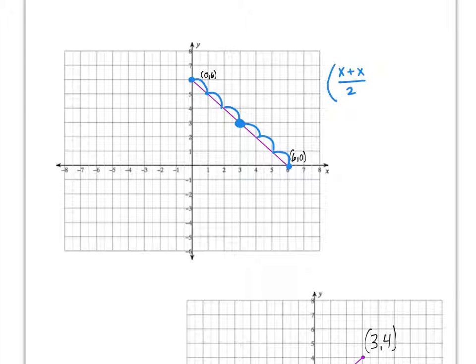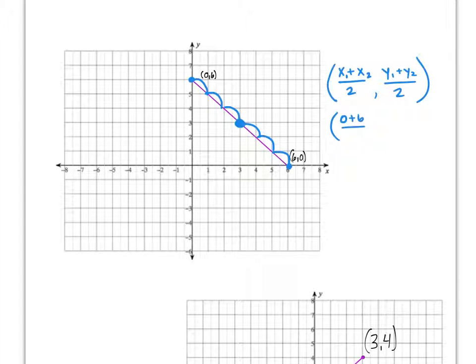But I can't just call it x and x. Remember, I've got to label it x1, x2. Because it's addition, it does not matter what order you add them in. And to figure out the y coordinate, I need to add the y's and divide by 2. Because again, that's the average that we've talked about there as needing. So this would be